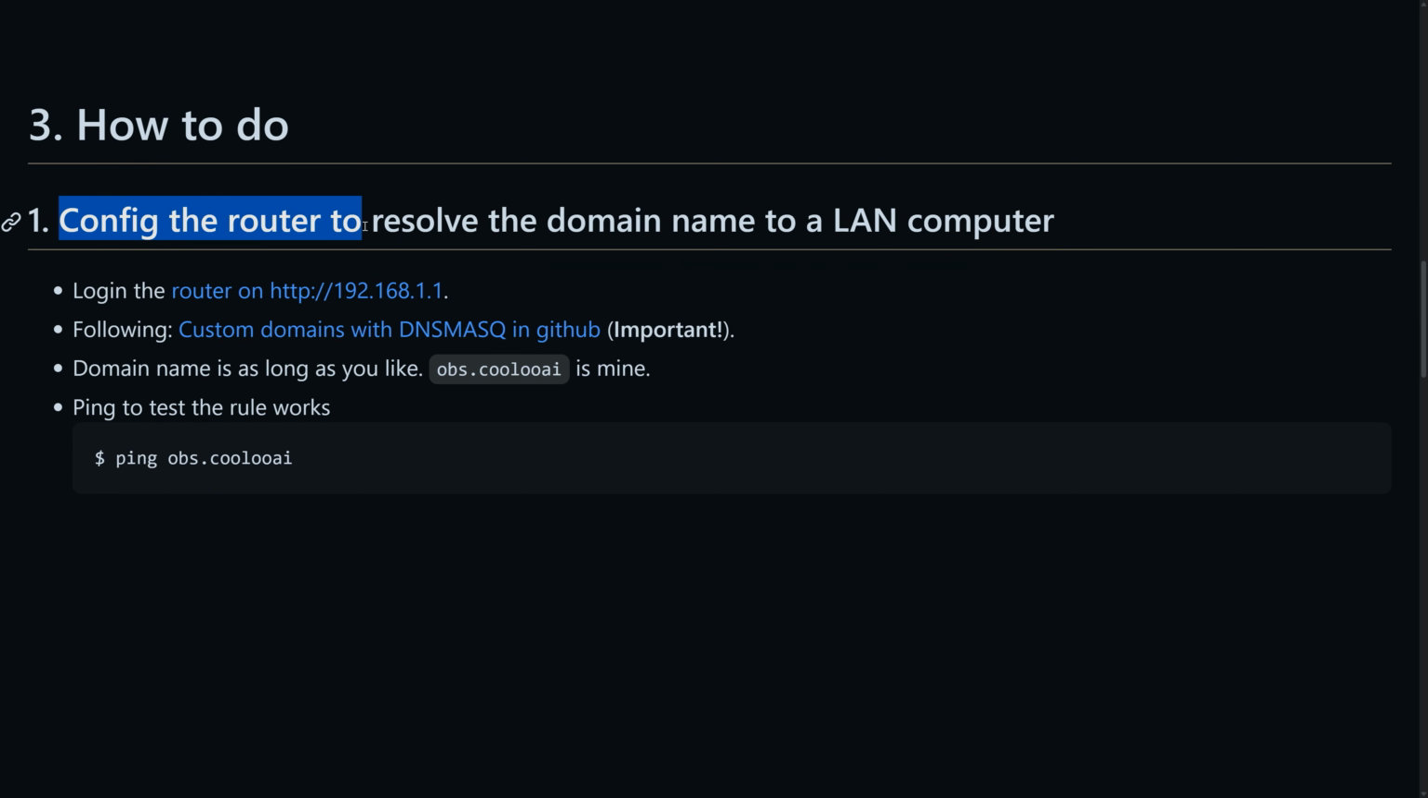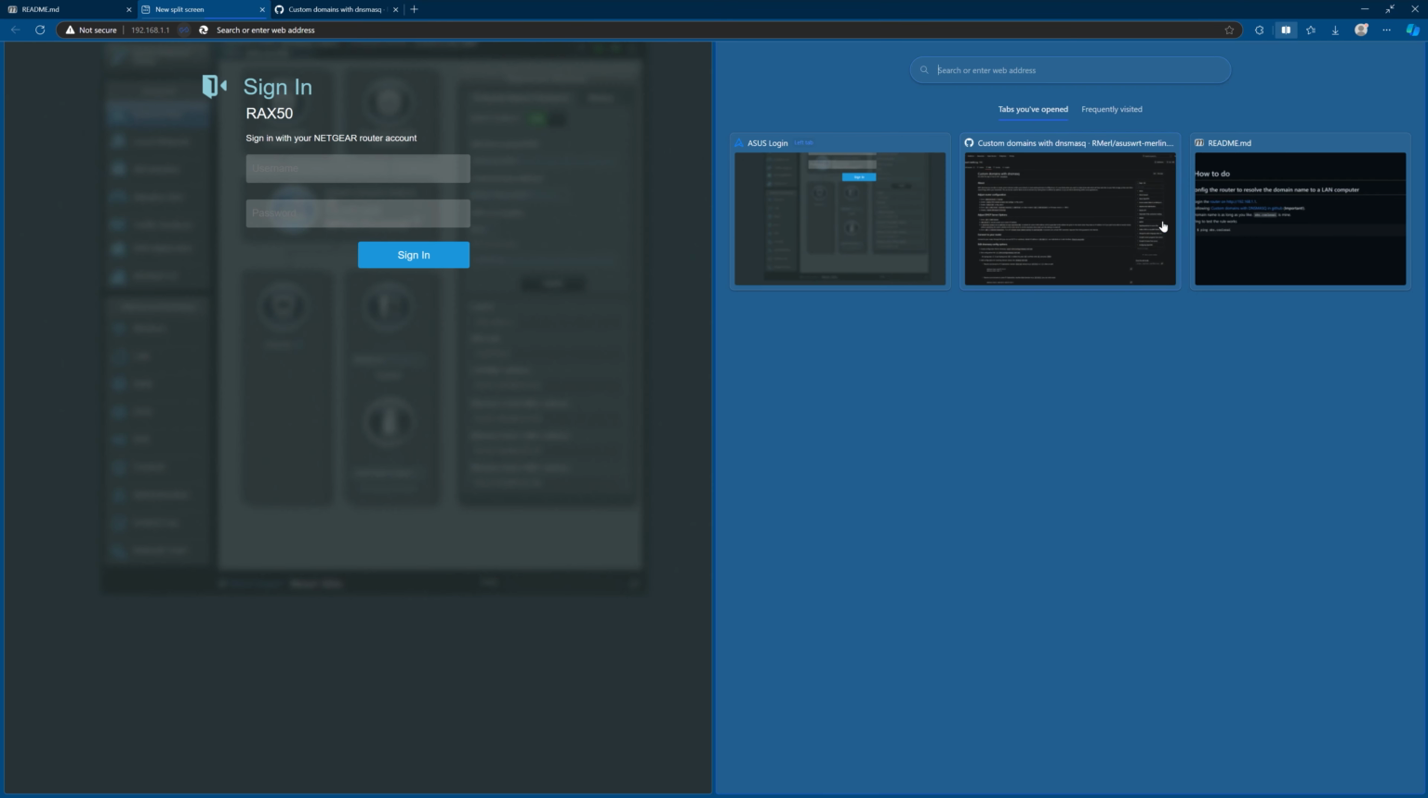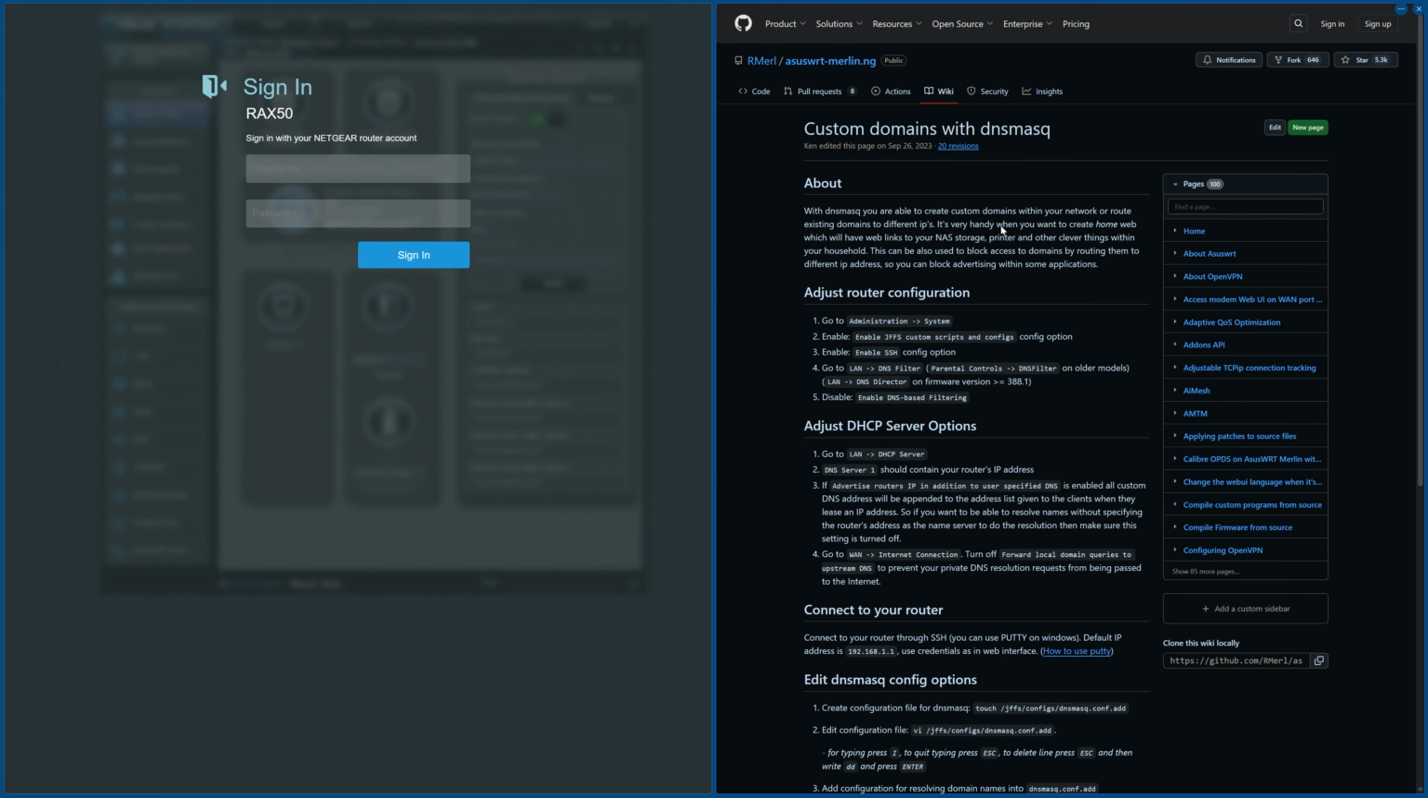First, configure the router to resolve the domain name to a LAN computer. Log in to the router, and follow this document, custom domains with DNSMasq and GitHub. The domain name can be as long as you like. obs.coolai is mine. Open the router login page. In the GitHub document, let me open the browser split screen mode to display two web pages. Following the steps,